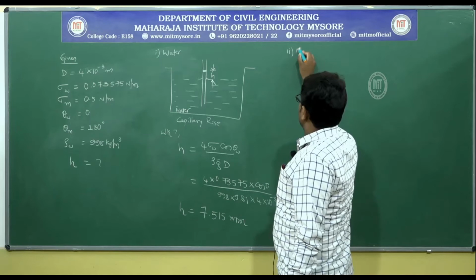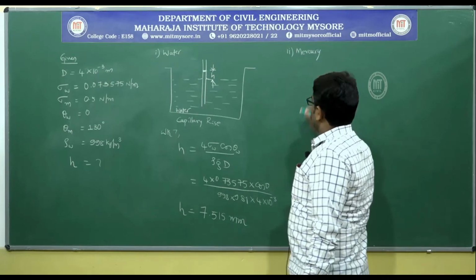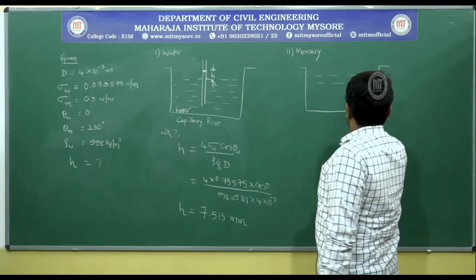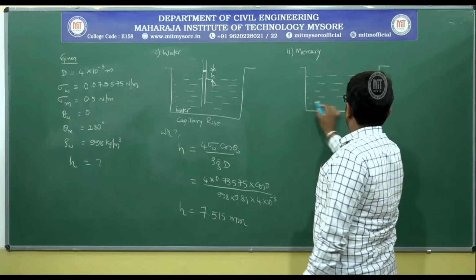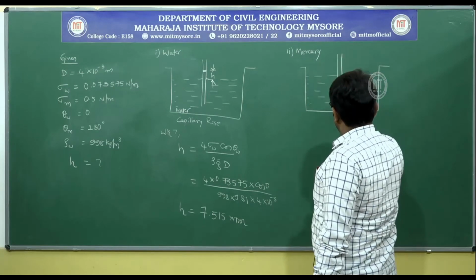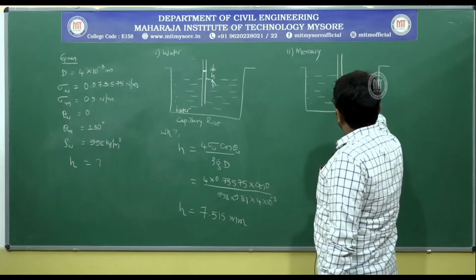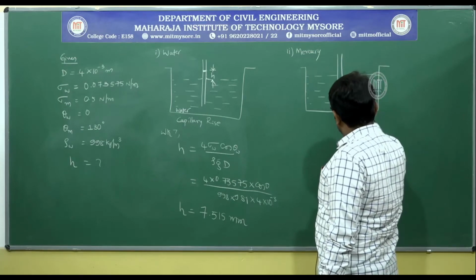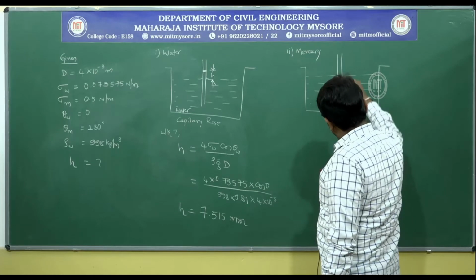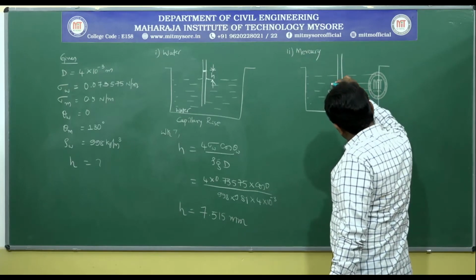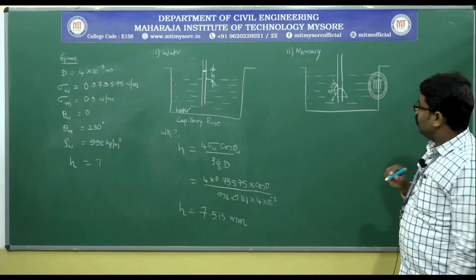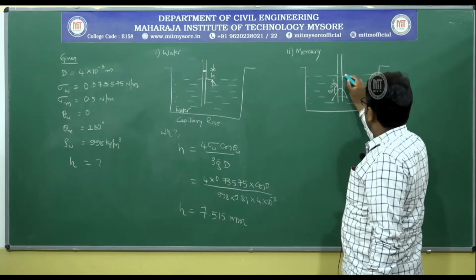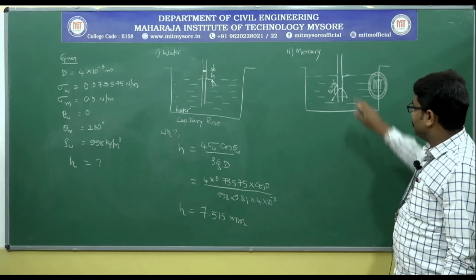Second case is nothing but mercury. When you take mercury into consideration, what happens? There has to be capillary fall. Why? Because of strong cohesion and weak adhesion, and he says the angle made theta is equal to 130 degrees. This theta is equal to 130 degrees, and the adjacent layer at the top will show you like this, show the difference like this.